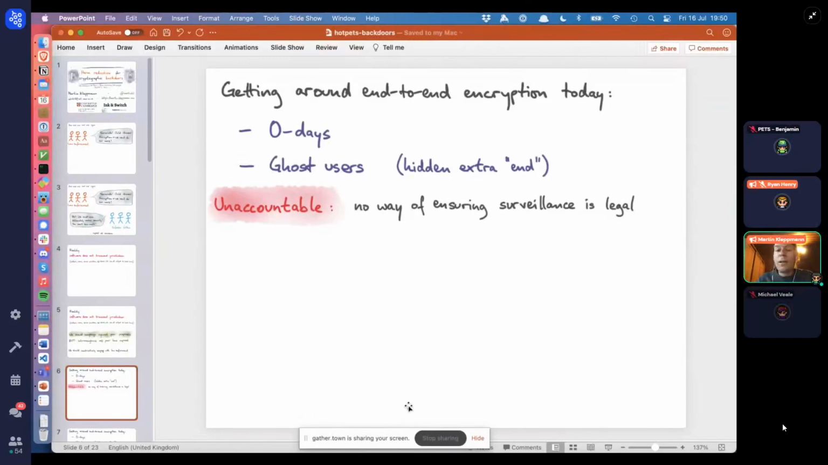Or one of the newer ideas is to have a concept of ghost users, where rather than a cryptographically secure communication between two users, the intelligence agency gets added as a secret extra end to the end-to-end communication. Of course, these are both terrible in terms of security because they're totally unaccountable. There's no way of figuring out whether the way that law enforcement is using these capabilities is actually in line with the law. And there's no way of knowing whether they are used only in specific cases or for mass